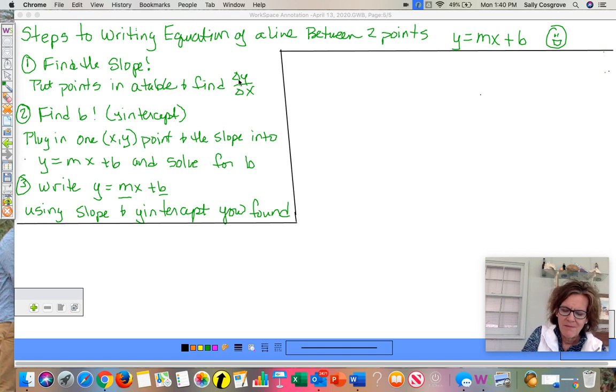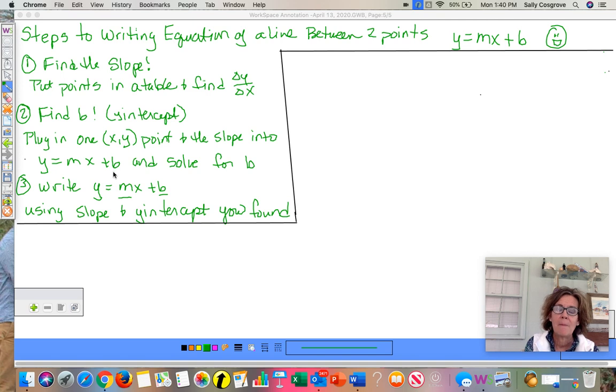I have the steps up at the top, steps to writing the equation of a line between 2 points, and we want it in slope-intercept form, y equals mx plus b. We're going to find the slope, so we're going to take the points and put them in the table, find the change in y divided by the change in x, simplify if we need to. We're going to find the y-intercept. We're going to put one of the points that were given and the slope that we just found into y equals mx plus b, the slope and the x and the y,